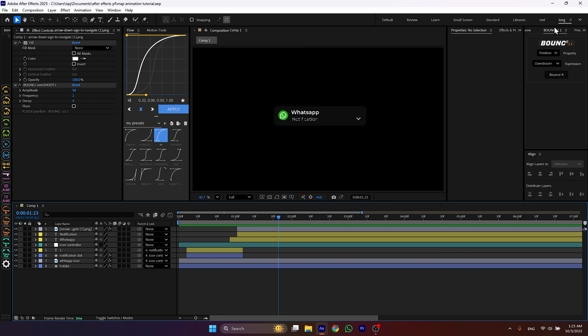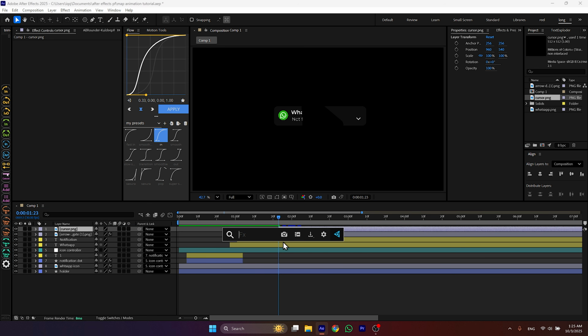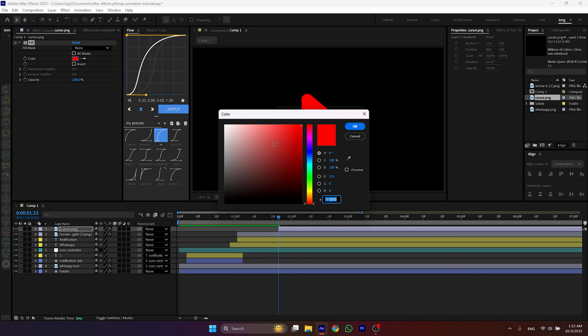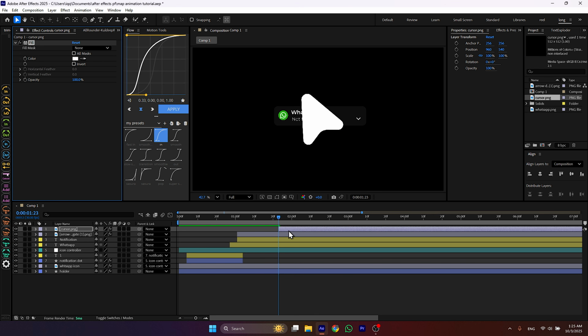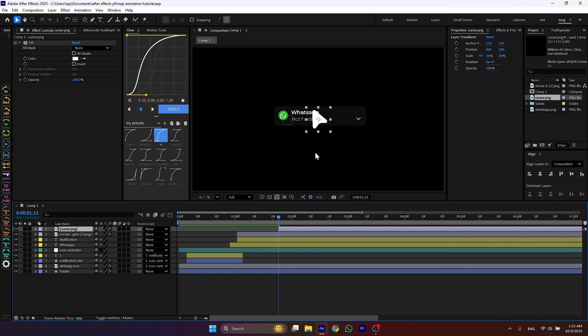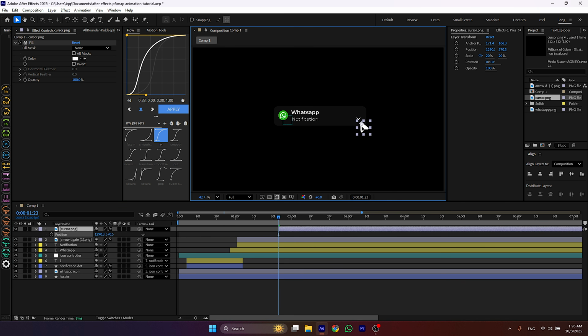Let's introduce a cursor to our animation. Add a fill effect to change its color. Adjust the size and position, and then select this tool and move the anchor point to the top of our cursor. Now, let's animate the position, rotation and opacity of our cursor as well.